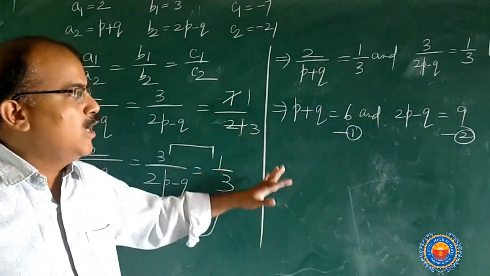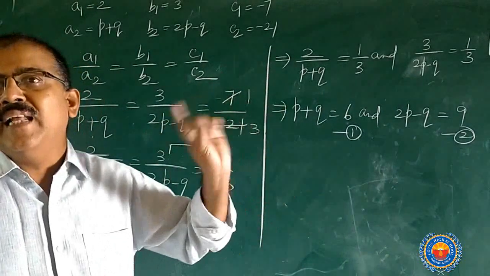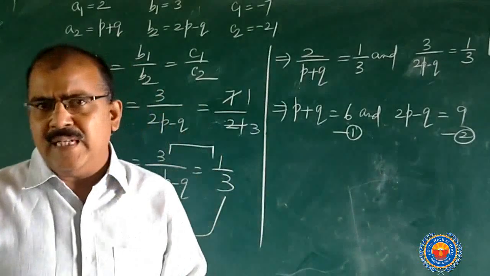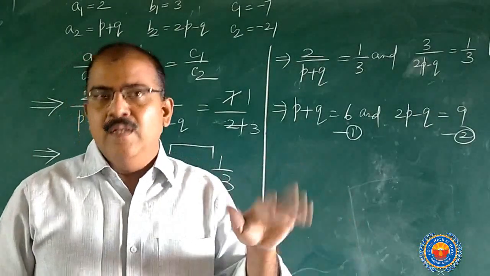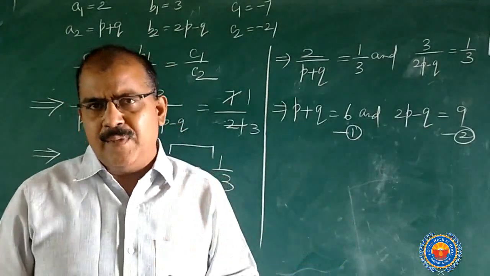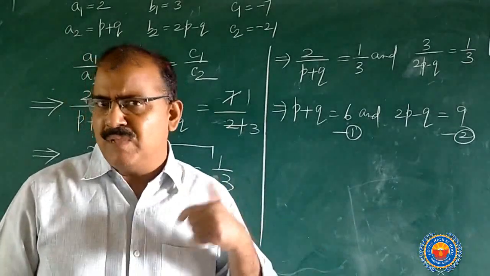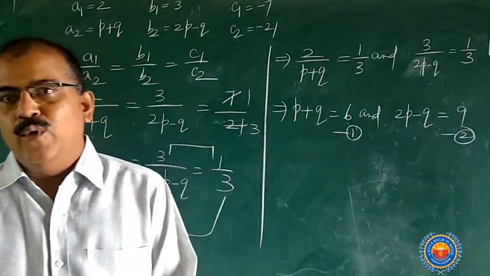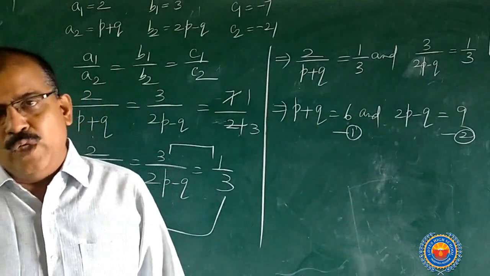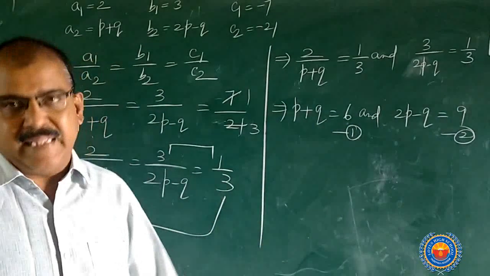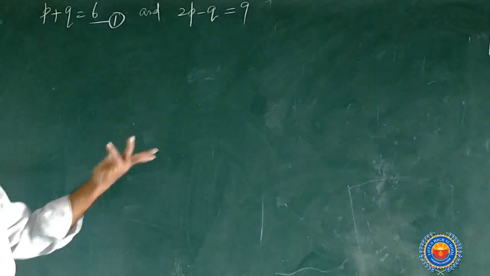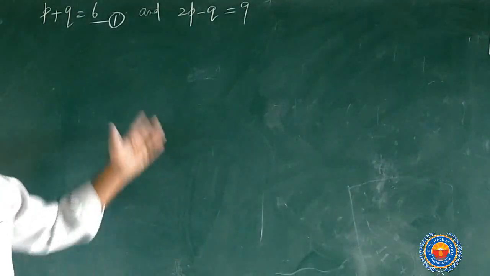Now I am going to solve those two equations so that I will get p and q values. You know very well. You can follow elimination method and substitution method. So if you want, you can go for cross multiplication. Actually this year cross multiplication method is deleted. That's why better you practice those two methods. Now I am going to solve, in any method, elimination or substitution. Now you know very well how to do by using elimination or substitution.